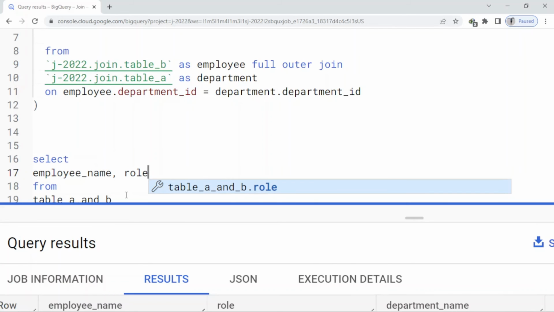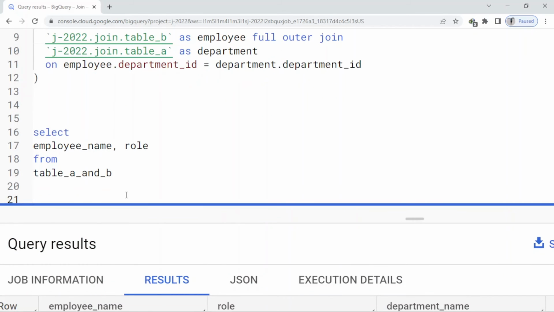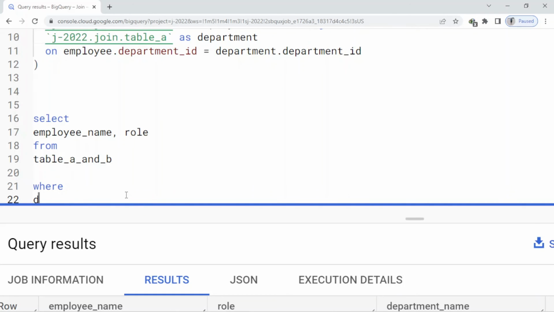So here under from I want to add a filter where department name equal to